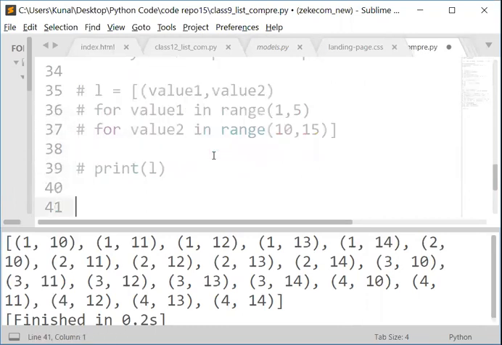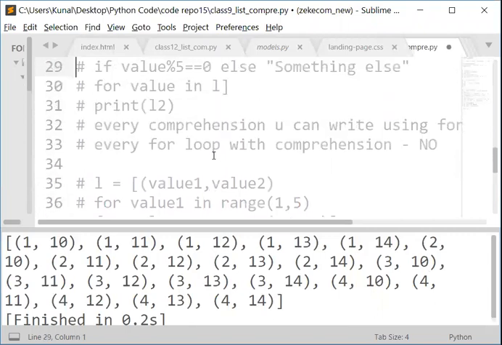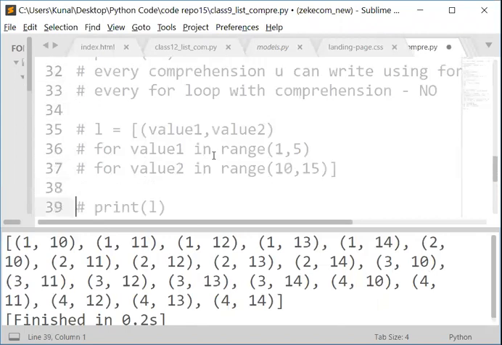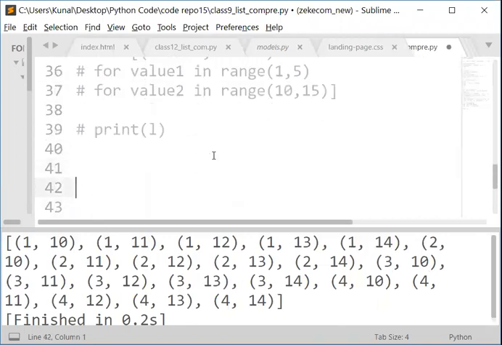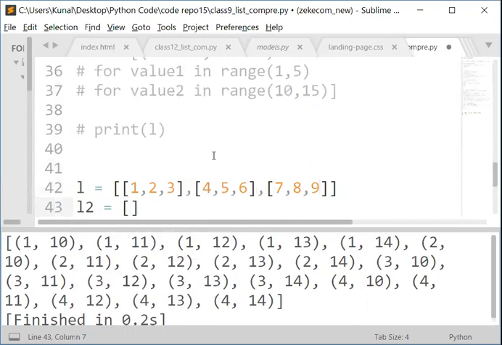Let's make this more complicated now. Comfortable till now? Okay. Let's try this then. I have a list which contains another list. I want output as 1, 2, 3, 4, 5, 6, 7. So this is called a flattening of a list,